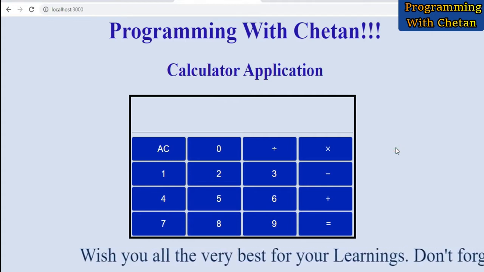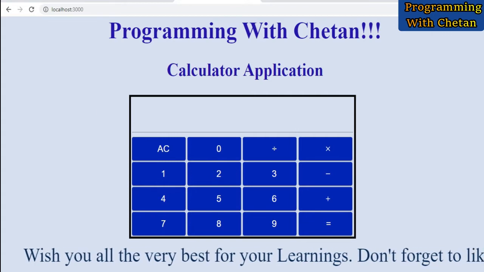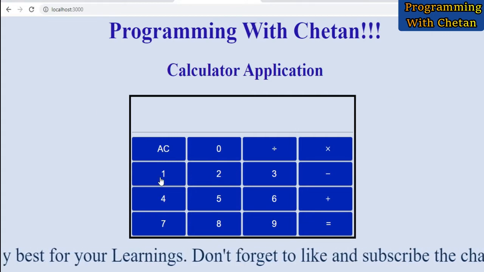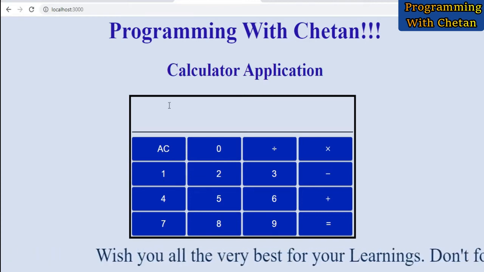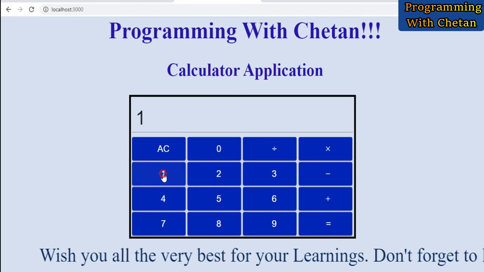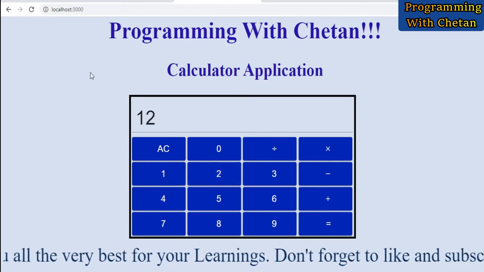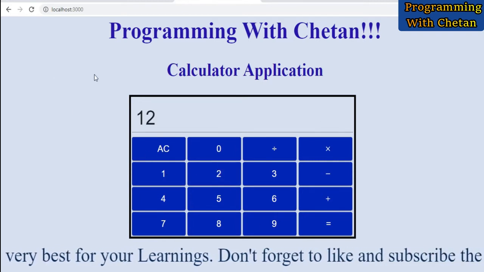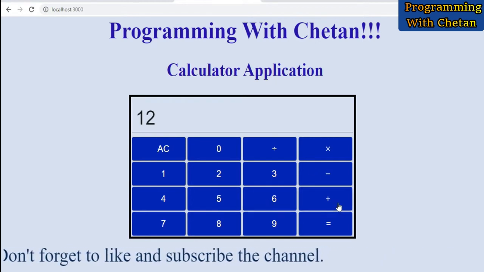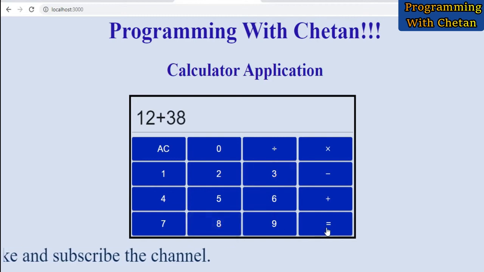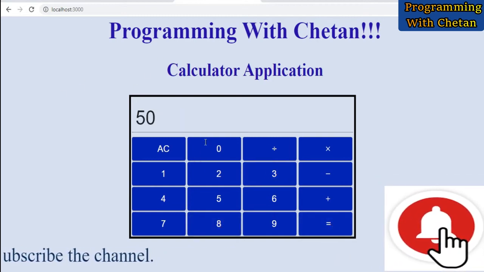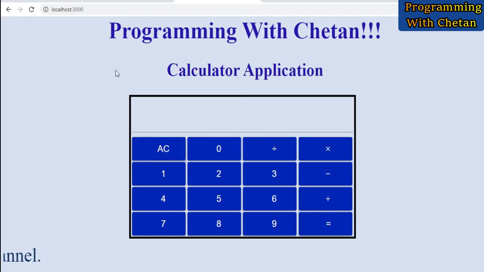Here on your screen you can see the calculator which I have designed, and you can see that this is a working model. Let me demonstrate. When I press these keys, the inputs are reflected on the calculator screen. Let me try to perform an add operation. Here I am adding 12 with 38, and let us see the output. You can see that we are getting our output as 50. And here I have given an all clear button. You can see that our input field is also getting cleared.